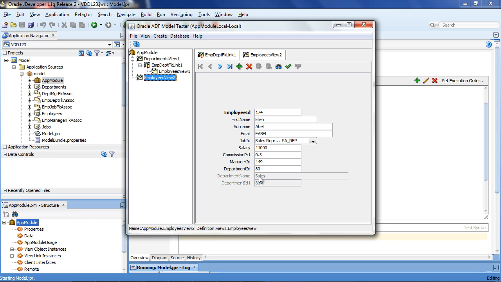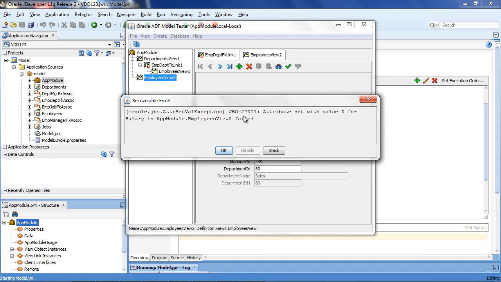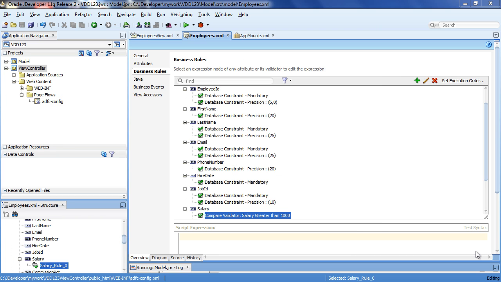That's like the post query in the forms world. Here we have our list of values, and we have our validation rules here as well. And there's our error message.